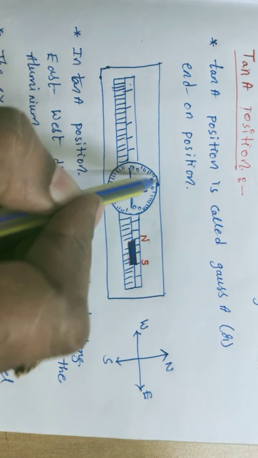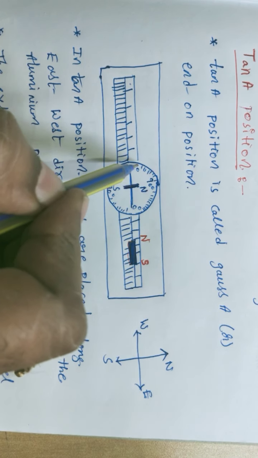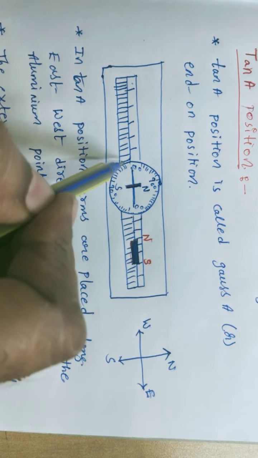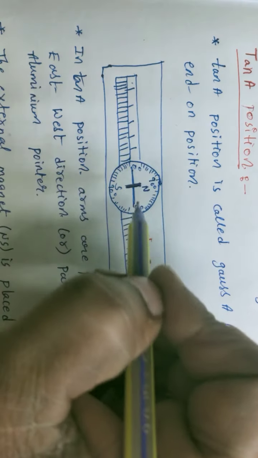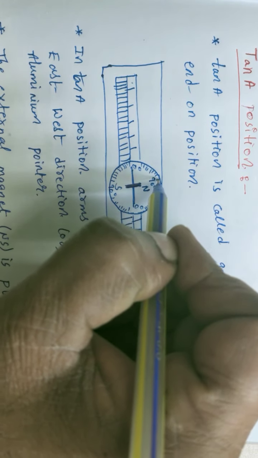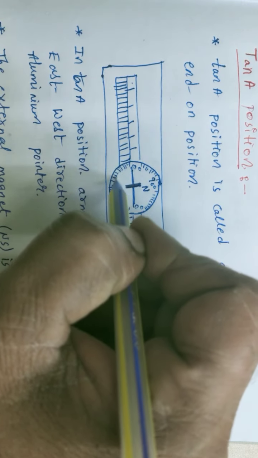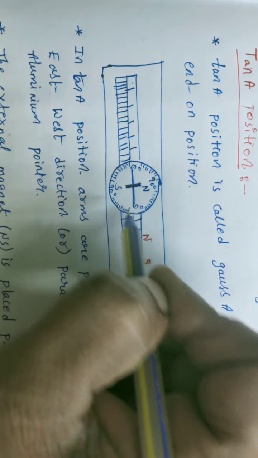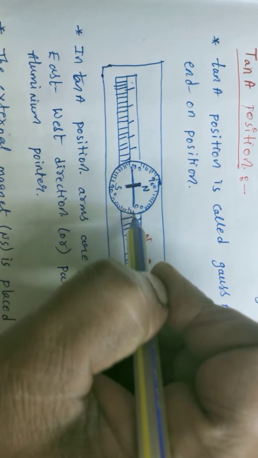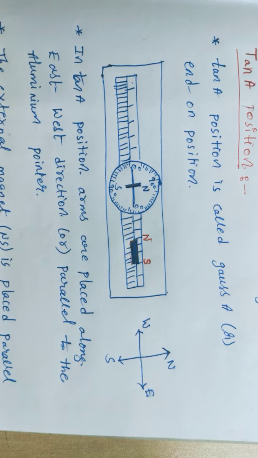Okay, in this box, what will be present? Overall, one circular scale is present. In this circular scale, overall 360 degrees, 100%, is present. 360 degrees involved means here 0 to 90, then 90 to 0, further 0 to 90, and further 90 to 0, like this. Here 4 into 90 degrees, overall 360 degrees is involved.